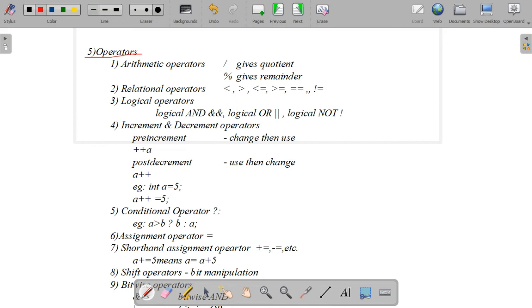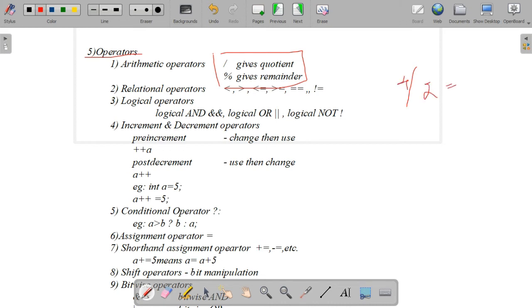It supports 5 types of tokens. These are these. Then the next one, the fifth one, is the operators. Operators means the different types of operators supported by the Java programming language, and the very first one is the arithmetic operators. Arithmetic operators are used for simple addition, multiplication, division, and so on.